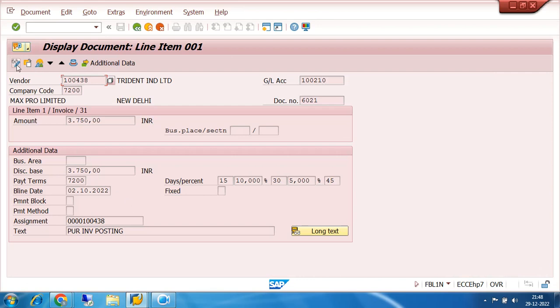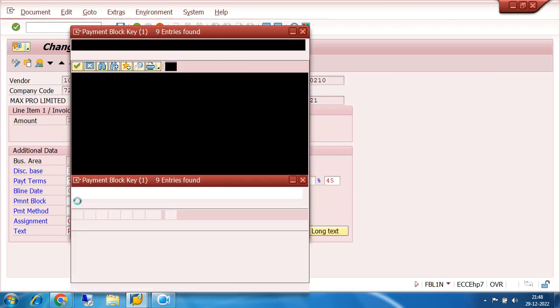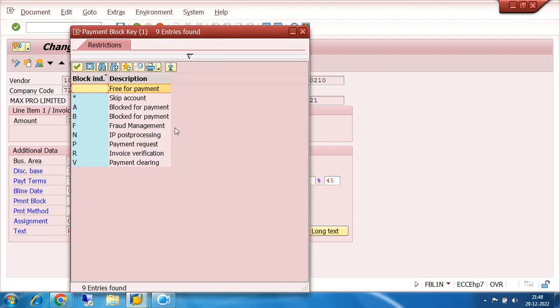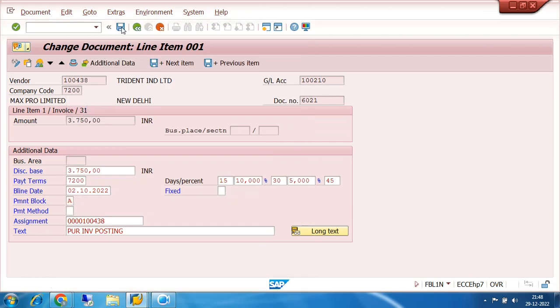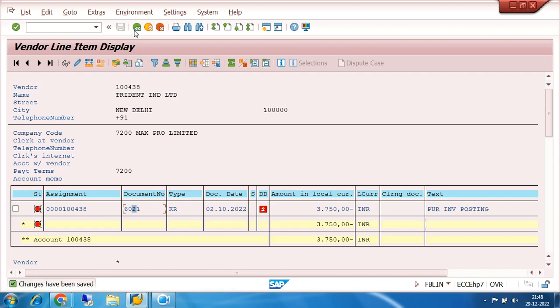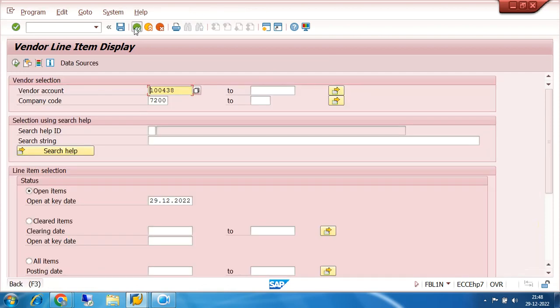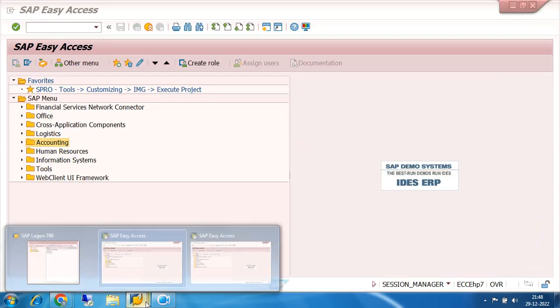I am going to the line item, click on change display. Suppose I want to use blocked for payment here itself. Okay, I block it. Let us go to the running of the automatic payment program again,